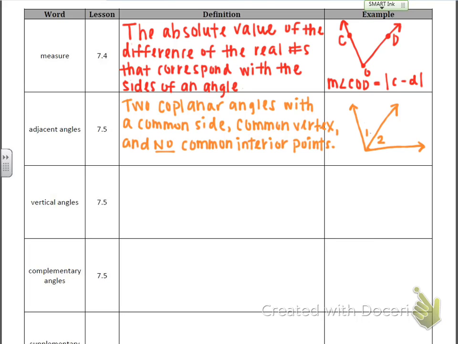Okay, so then let's talk about vertical angles. Vertical angles are my favorite angles. They're very easy to recognize. So vertical angles are two angles whose sides are opposite rays. So two angles whose sides